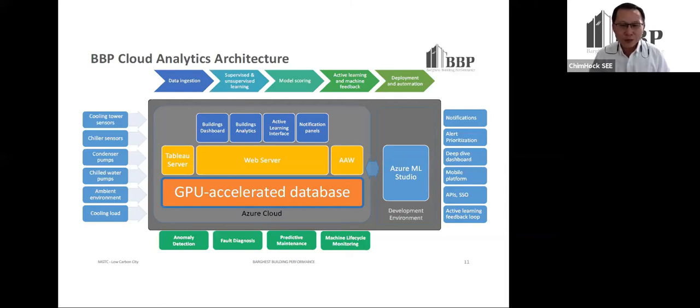What we have developed is actually an analytic platform. This platform comes with GPUs, because we need high speeds of processing. We get in data from the chiller plants; there is a lot of information. We emphasize anomaly detection. We detect faults, we use it for predictive maintenance, and we use machine learning and artificial intelligence to monitor the status of this data, and using the models to develop different parameters for the systems